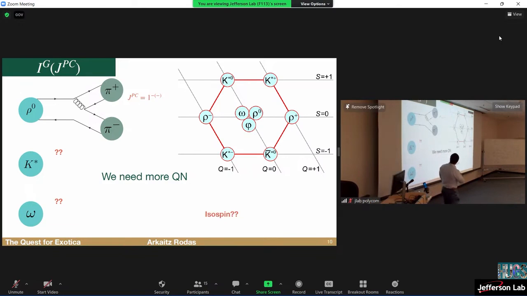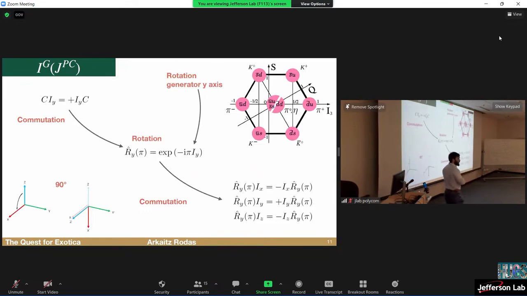I mean, I never included the isospin in this list, but I was telling you that it was very relevant, and it's even in the title, right? So we better include it as a quantum number to describe our states. But what is this G? Can somebody tell me what is this G? So this is what we call G parity, and it will be very useful for some of these decays. You'll see, in particular, for things decaying to pions it is very easy to realize to how many pions something can decay by using G parity.